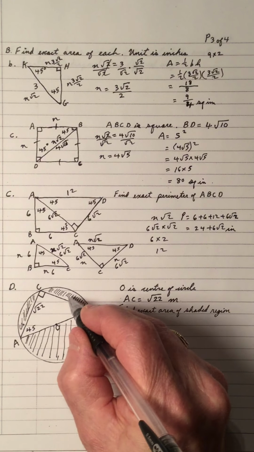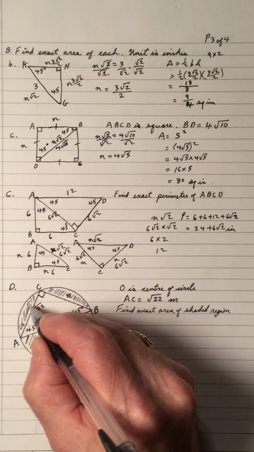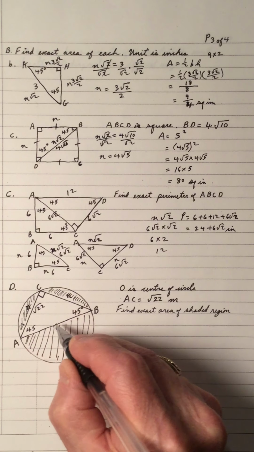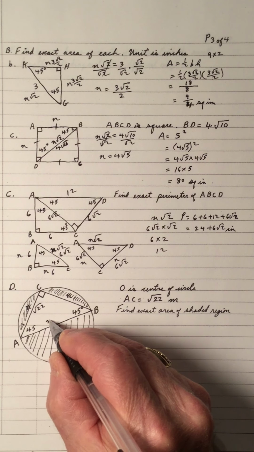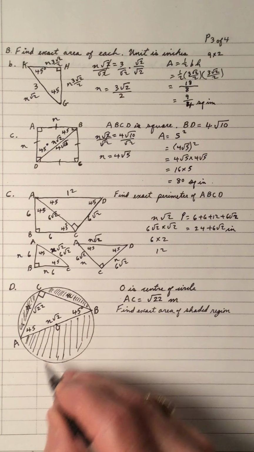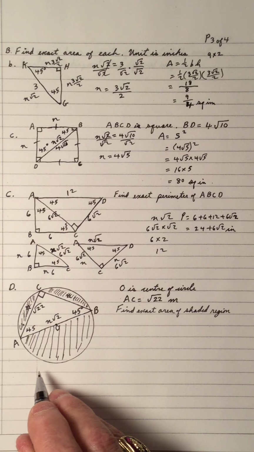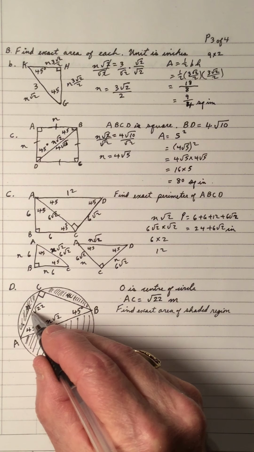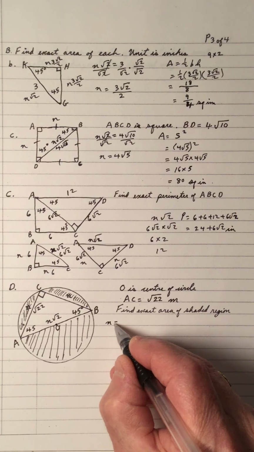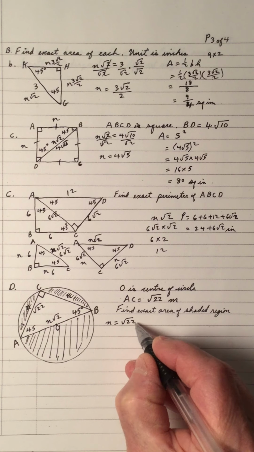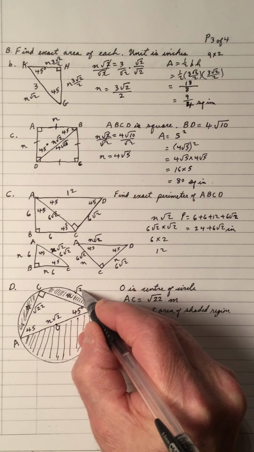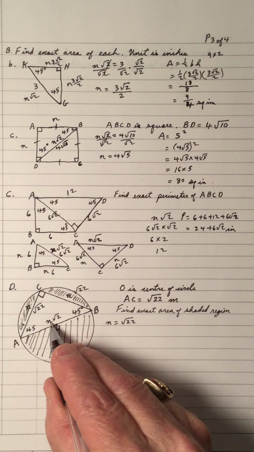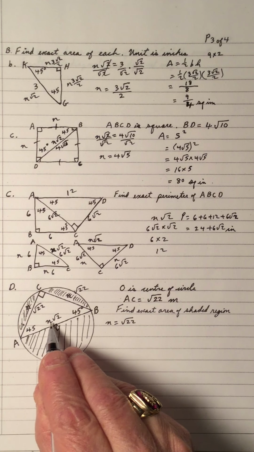These two sides are equal. So that means this side is n, this side is n, and this side is n root 2. So if n is root 22, that means this side is root 22, and that means this side is